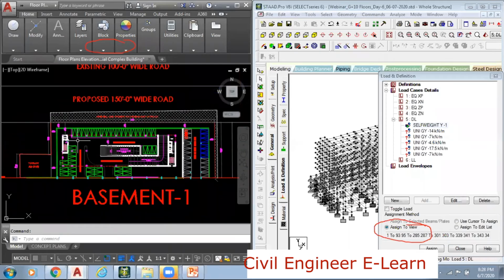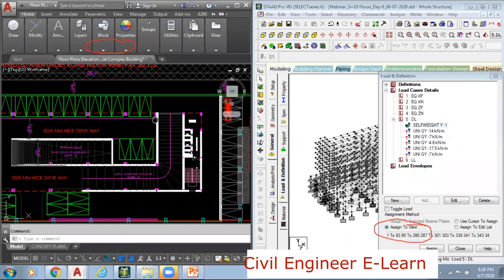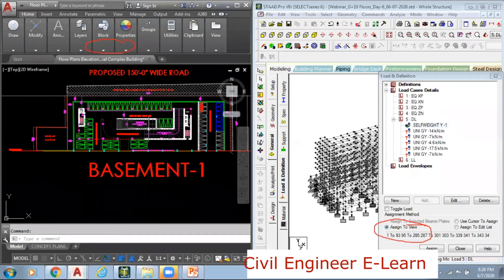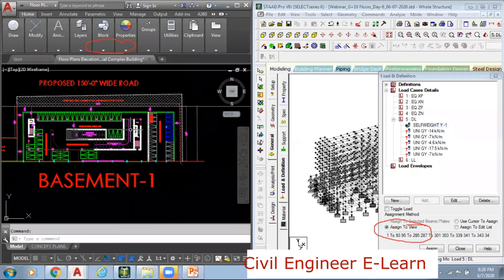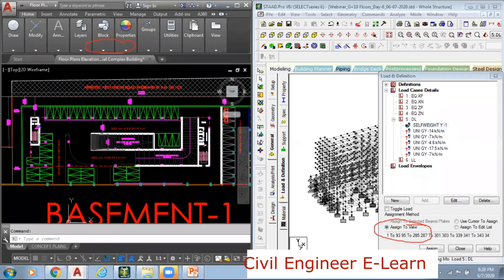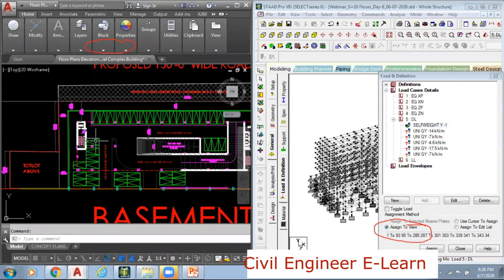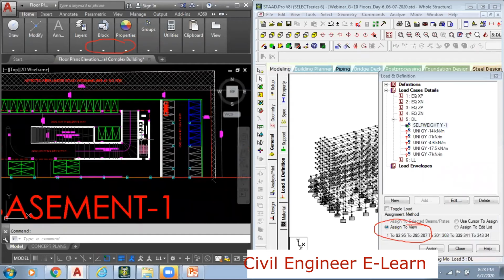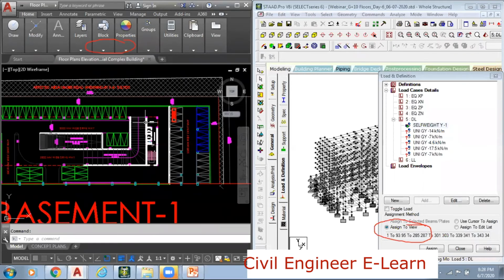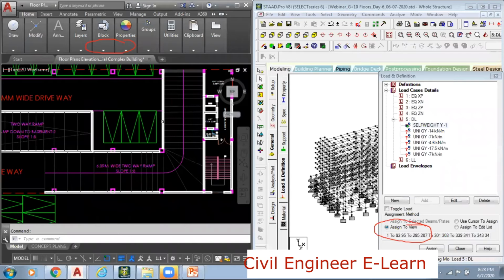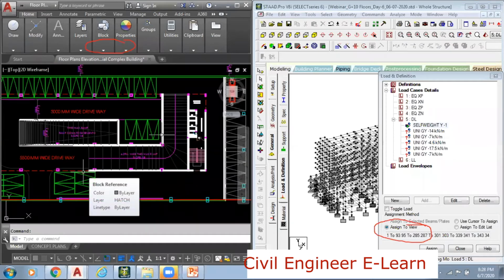And then for basement 1, there are some changes, like this wall. This wall is coming from the ground level, this one. So here there is some change. Here there is some change. And the remaining things are very much the same, with the same values and same loading conditions, right? So except for this location, the remaining are all the same for basements 3, 2, 1.